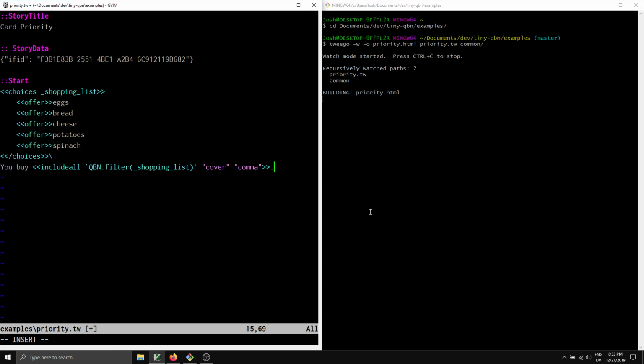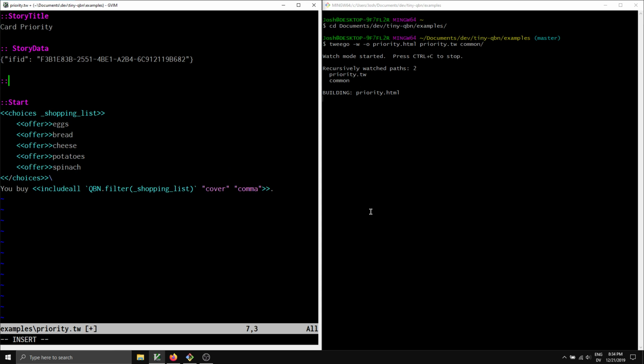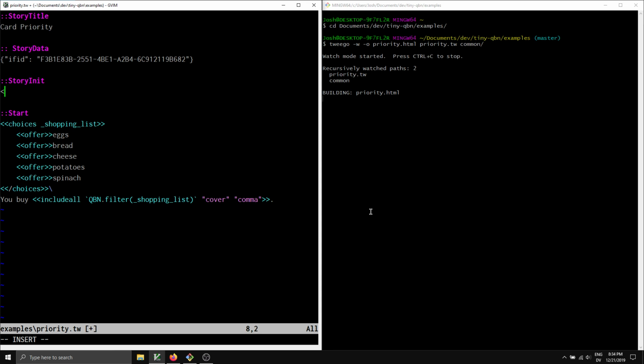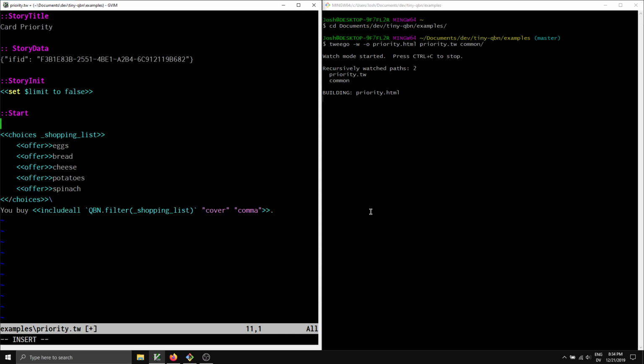Now, I want to demonstrate the difference between what happens when you ask for a limited selection versus when you ask for all available cards. So let's make a story init passage and say set $limit to false. And then at the top of start, we'll add sort of another section here, I guess. So let's say there's a widget listbox quote $limit